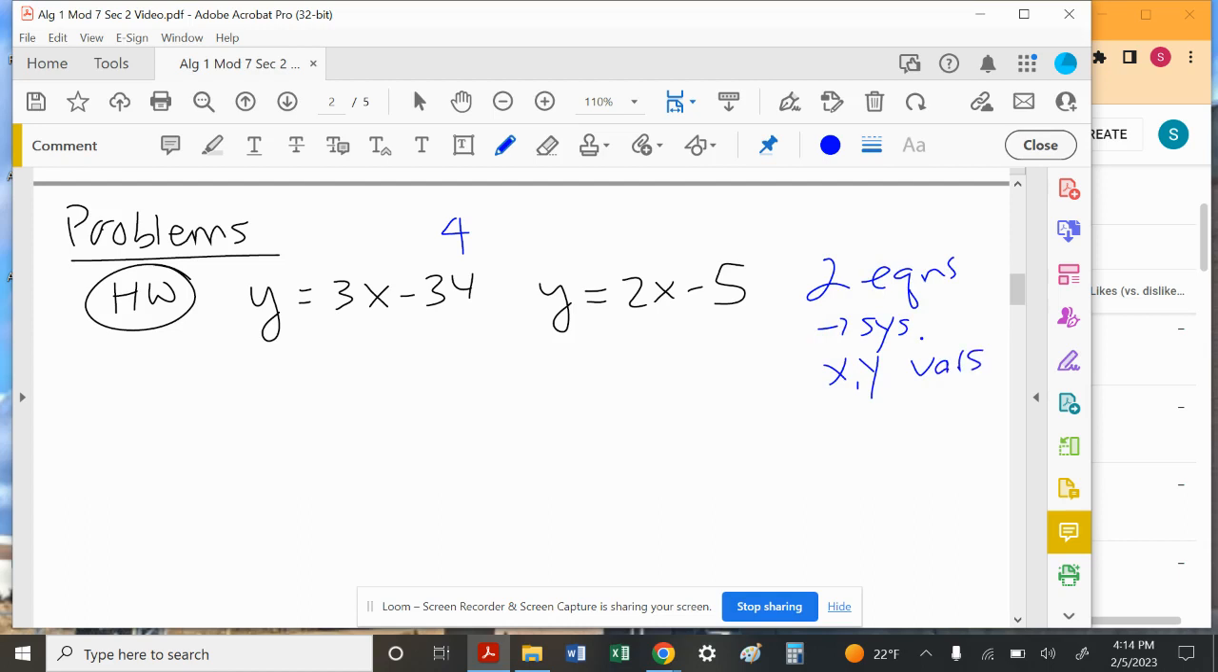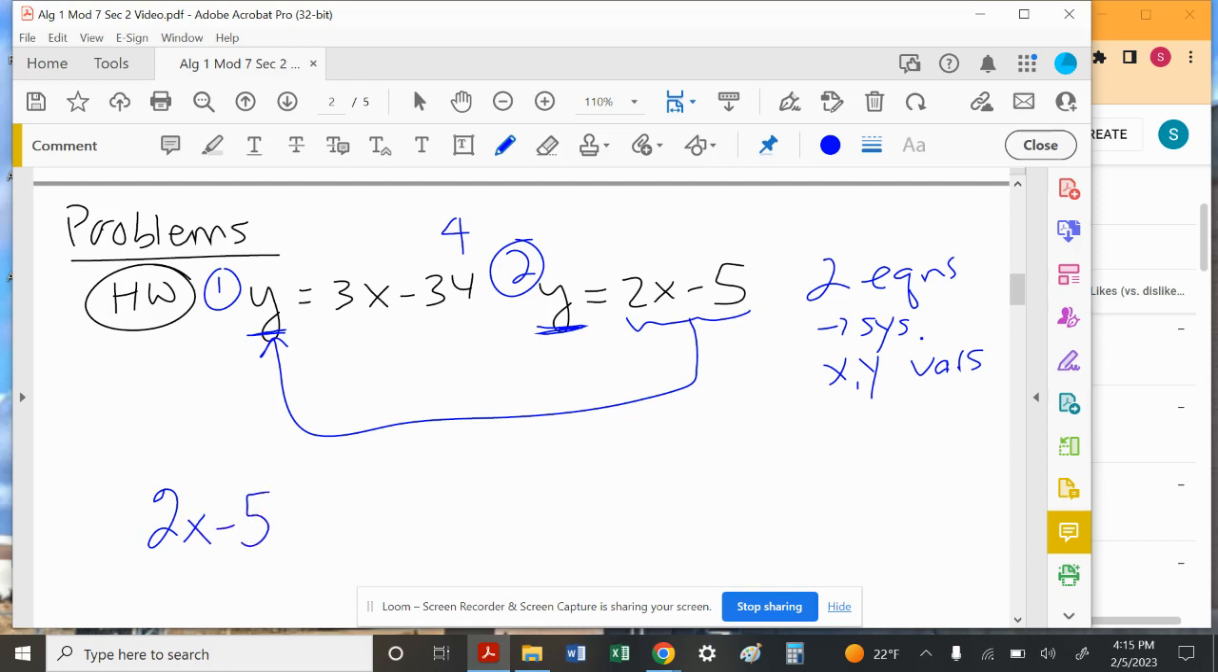And what I'm going to do is plug one into the other. I can either plug the first equation into the second equation, or I can plug the second equation into the first equation. So we're going to go ahead and do the latter: the second equation into the first. Notice that I have a y here and a y here. So I'm going to take what y is equal to, and I'm going to plug it in right there. So I'm going to move it right over there. When I do that, I get 2x minus 5 equals 3x minus 30,